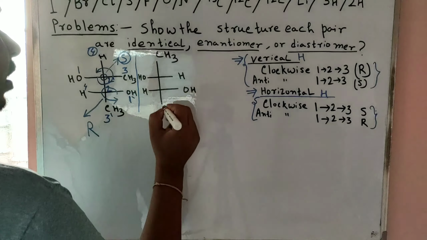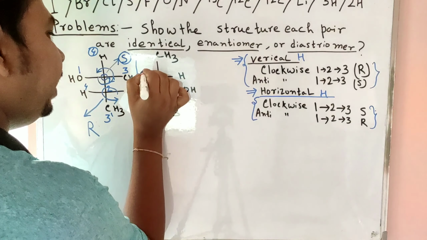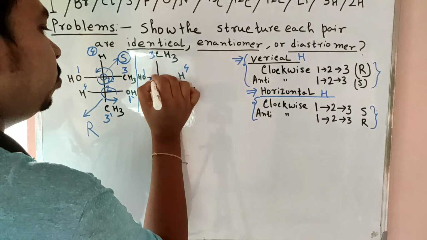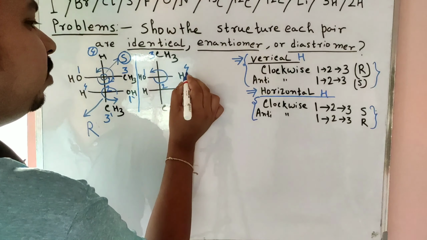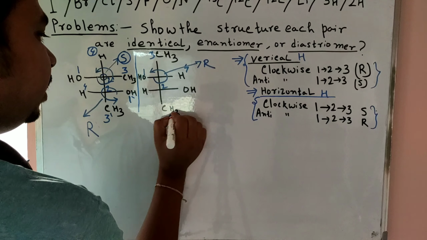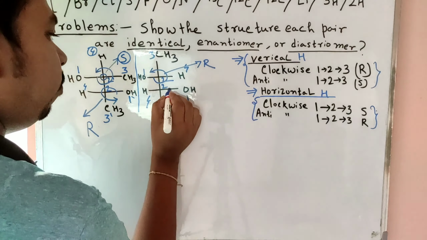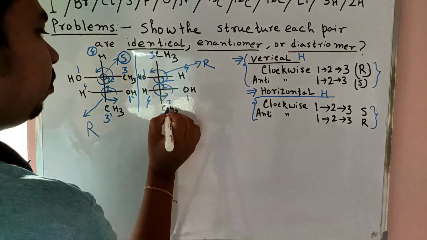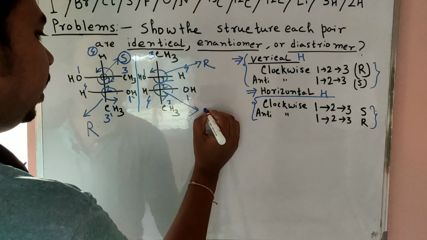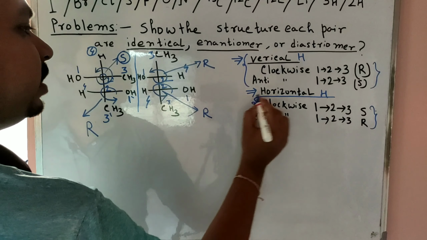Then when we consider our next isomer, here the OH is 1, then priorities 2, 3, 4. So 1 to 2 to 3 is anti-clockwise, hydrogen is up, so this configuration is R. In that case, 1 to 2 to 3 is anti-clockwise, and hydrogen is upside, so this center is called the R center. Anti-clockwise, hydrogen is up, on the horizontal line.